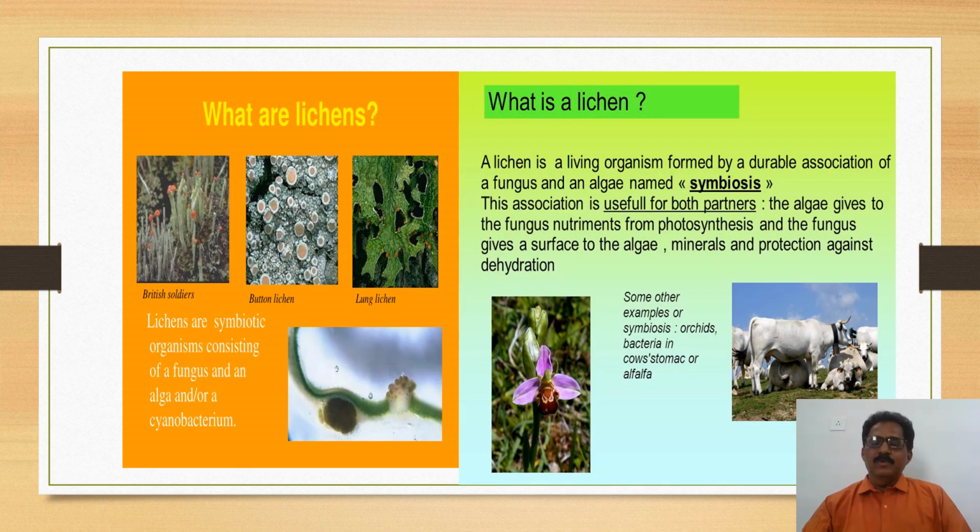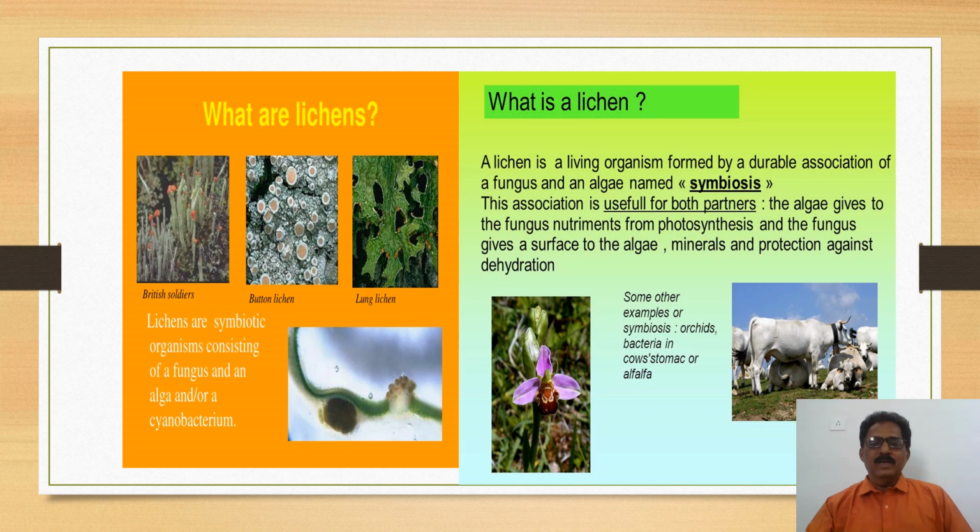Then the next topic of our lecture is the lichen. All of you know about the lichen: it is an example of symbiosis, the relationship between useful partners, both of which benefit, algae and fungi. There are different types of lichens. All of you know